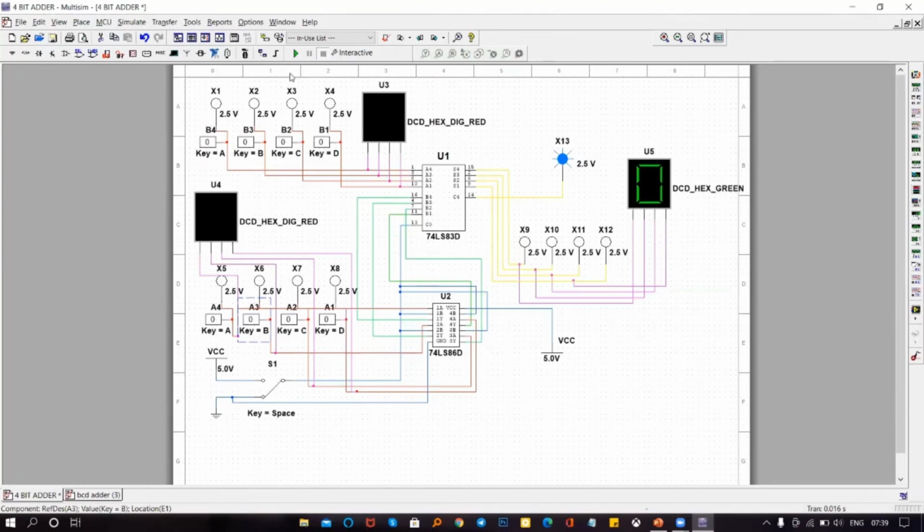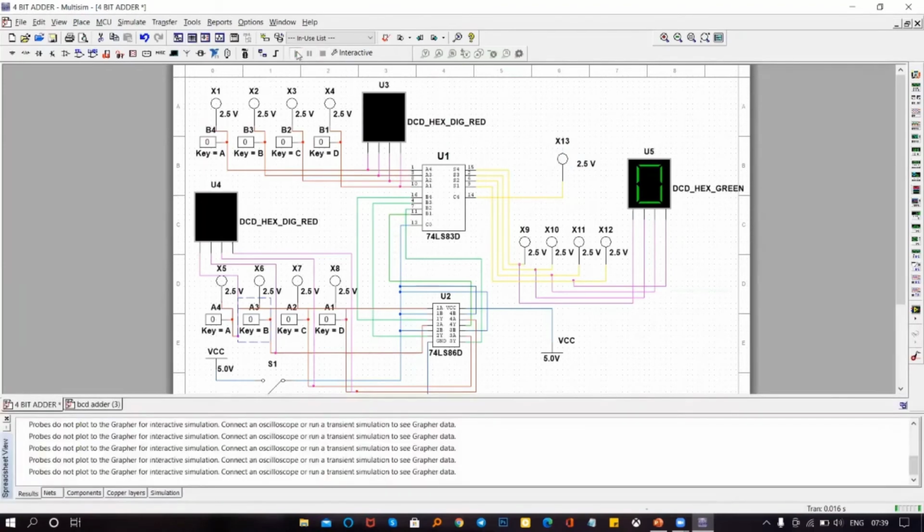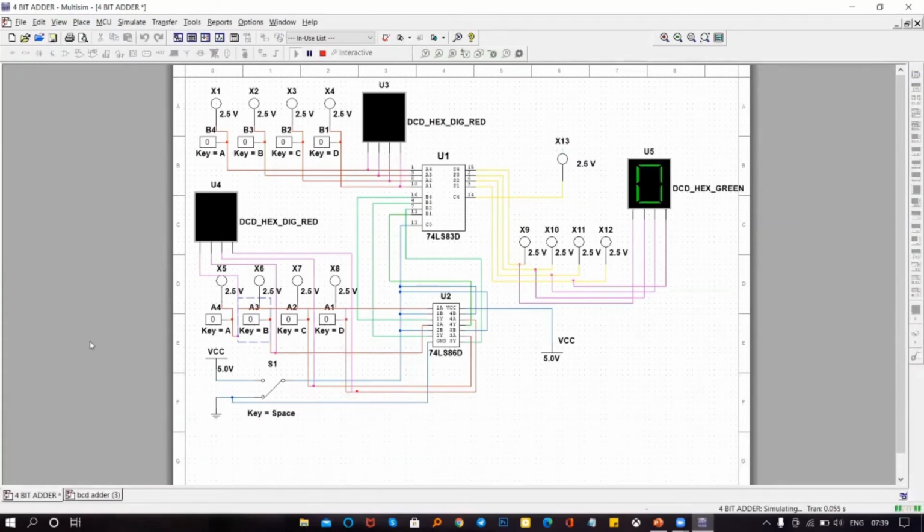Let's verify the output. You can run the circuit by using F5, or you can press this green play button. So let's run it. Let's give the input. Let's say 4 plus 2, it says 6.